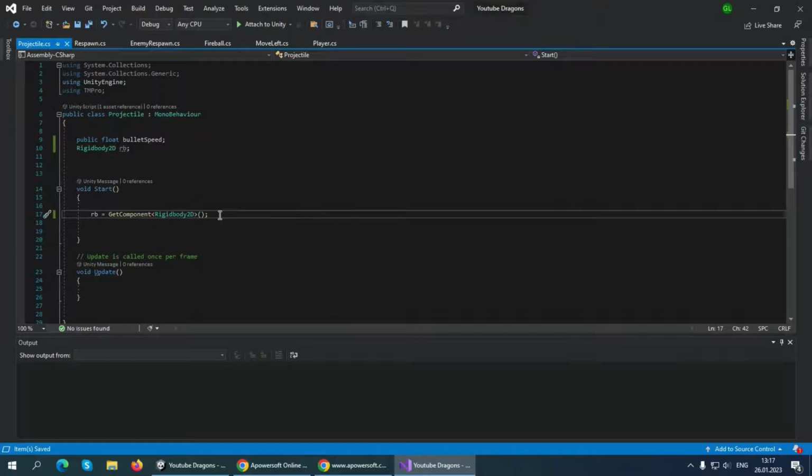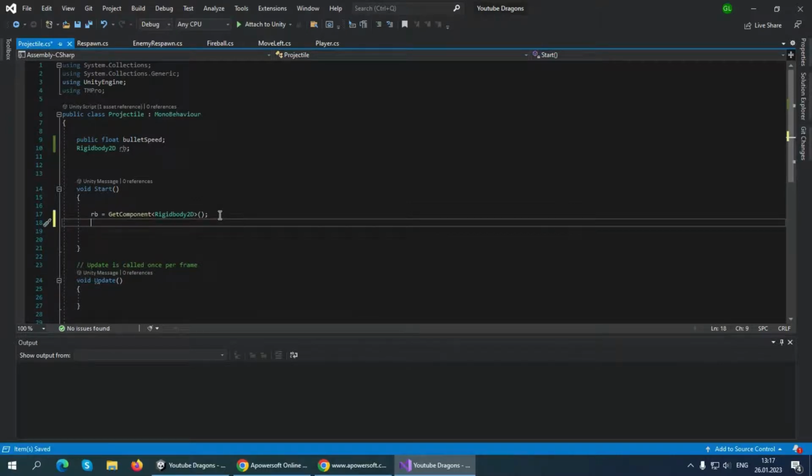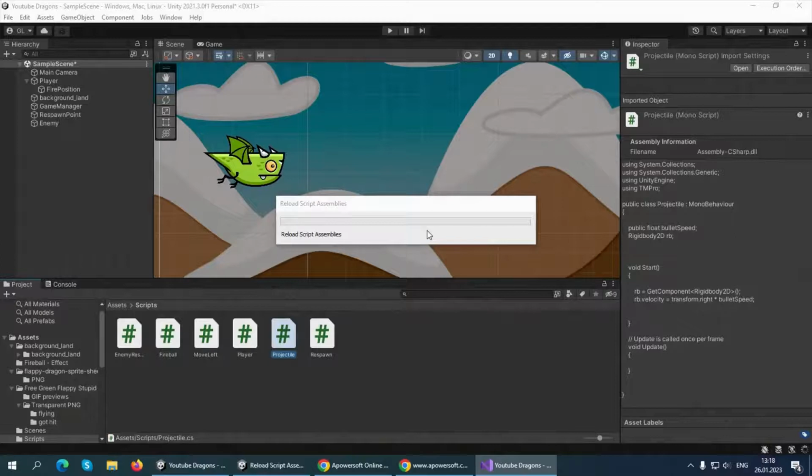And here, after our rb, we can say that rb.velocity is equal to transform.right multiplied by bulletSpeed. It means that our bullet will have the direction of the right, because we want right movement for our bullet, and we will have some speed which will be assigned in the inspector, some bullet speed. Very easy. So we can save this script now. Use Control S or Command S if you are on Mac. And let's go back in Unity and see